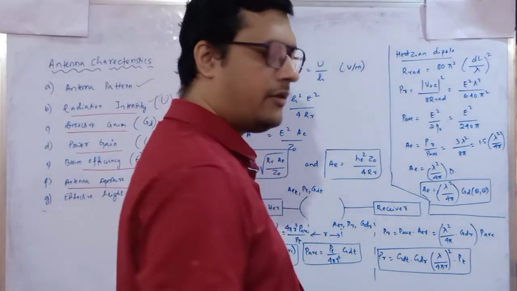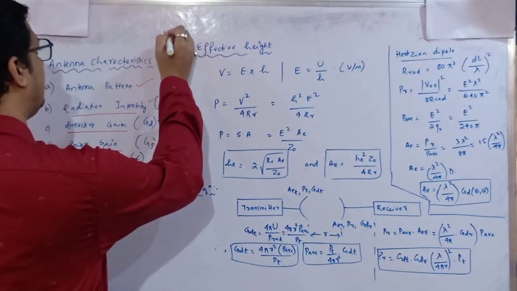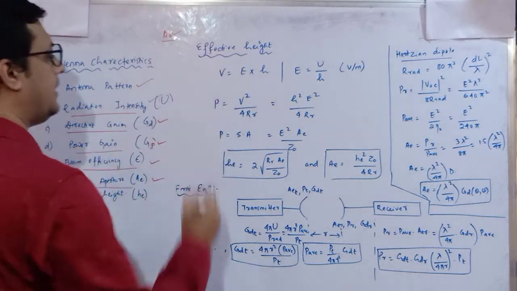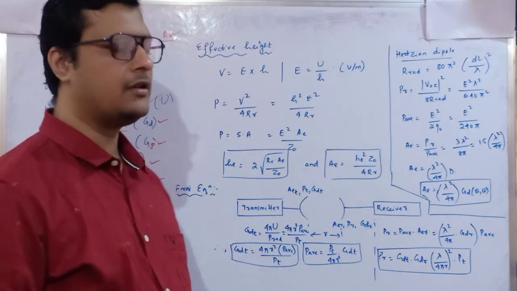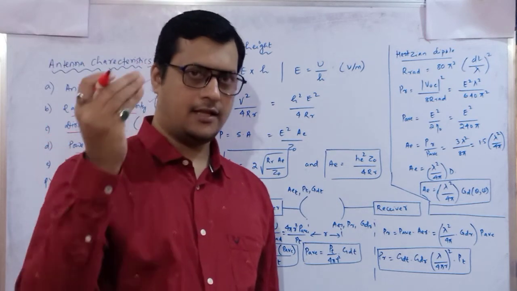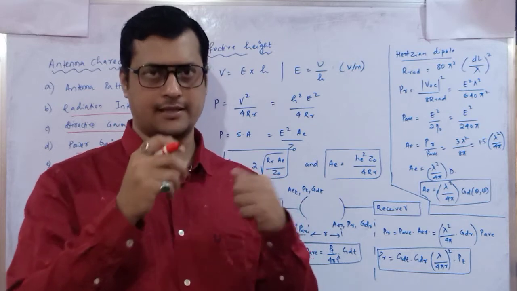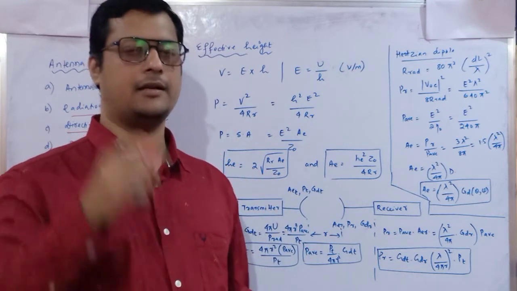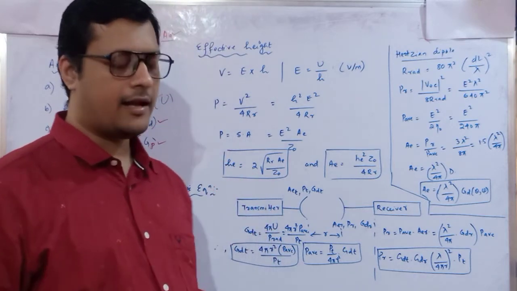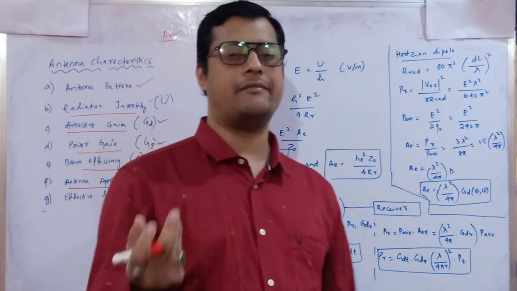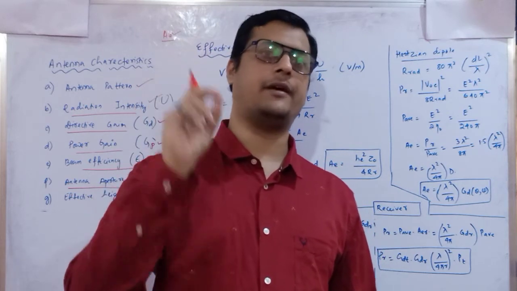So next we are going to discuss the effective height. Once the effective area is known, we can easily determine the effective height with a small fundamental relation. What? As the electromagnetic wave strikes the radiating element, when it is receiving the signals, what will happen? Electric energy must be converted into potential. What will be the relation? As we know, electric field has the unit potential per unit length. So from that you can identify the height.